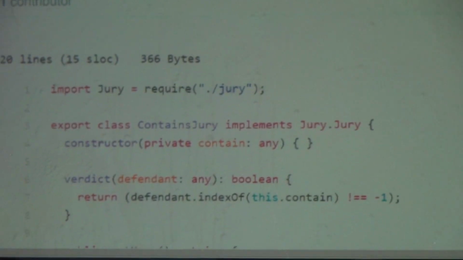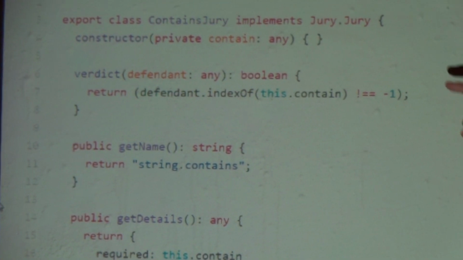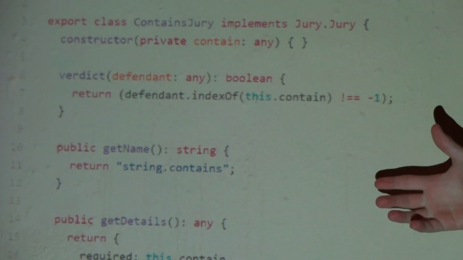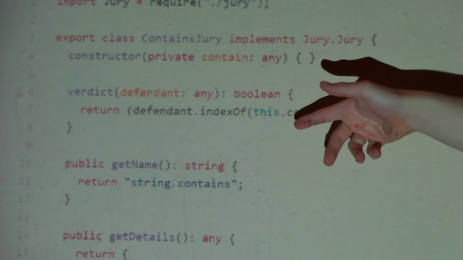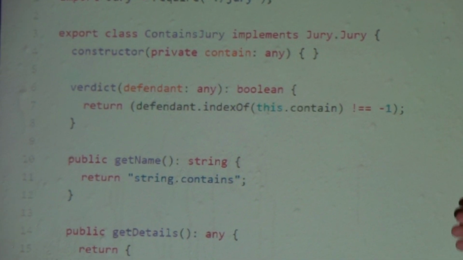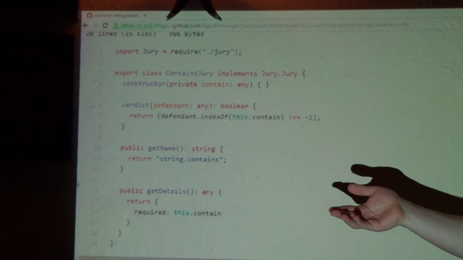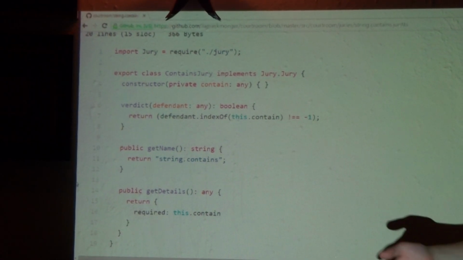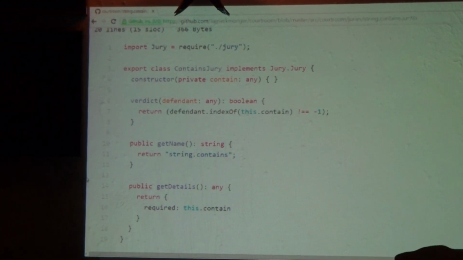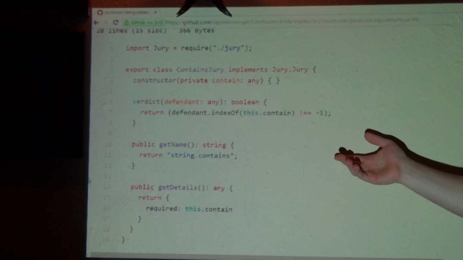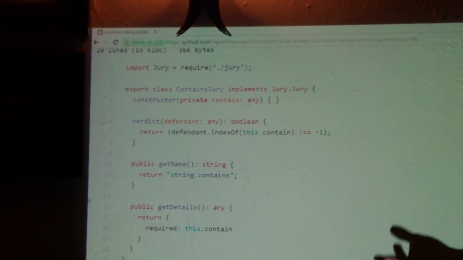So as you can see, they all implement the jury interface, which keeps it nice and simple. So you construct it with what it has to contain. Now, this is only ever used for strings, but because of the way JavaScript works, a string is effectively just an array of characters, so you could pass in any type. You could pass in an array and say the array has to have an integer, and this would still function fine. That's why I've left these two types as any, which means that you can pass in any type of